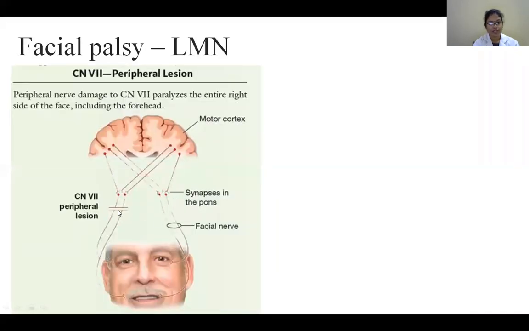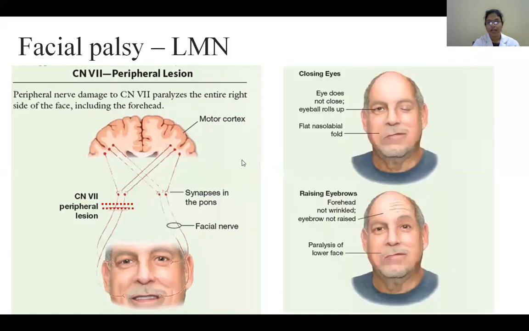Coming to lower motor neuron lesion. So what is lower motor neuron lesion over here? Okay, so here this set of nerves is supplying both the upper part of the face as well as the lower part of the face. So it is obvious that whenever there is lower motor neuron lesion, it will paralyze the entire half of the face, including forehead. So as you saw, in upper motor neuron lesion the forehead is spared, whereas in the lower motor neuron lesion, the entire half of the face is affected.